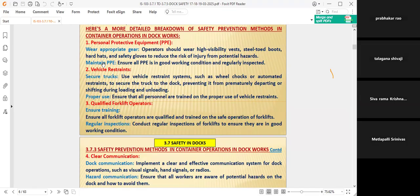Because in some of the dock works which I have seen, there is a dedicated crew for housekeeping, cleaning and all. And to maintain the PPE and overhaul not only PPE but also the lifting appliances, there is a separate dedicated crew. I have seen three crews in the dock operations in Kakinada as well as Visakhapatnam. One is housekeeping, dedicated only to cleaning. One team takes care of all the operations in all the areas. They have to see every minute and clean wherever